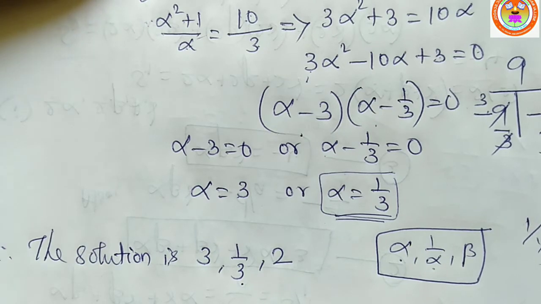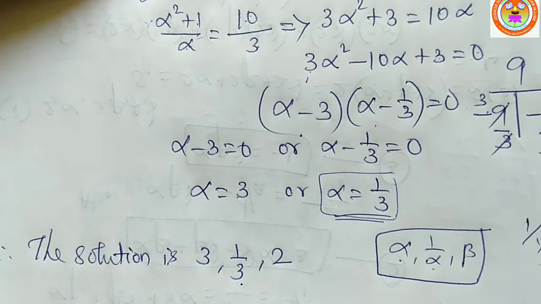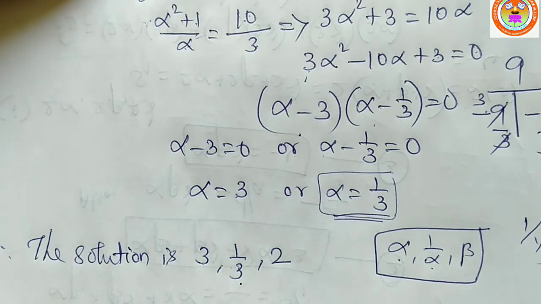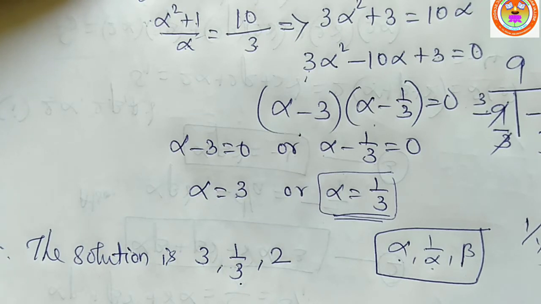If you are verifying the answer with the question, see, the question says the product of 2 roots is 1. See, if you multiply these 2 roots, what will we get? The answer is coming 1. So the answers are satisfying the question, right? So with this, we completed question number 4. Now we can move on to the next question, question number 5.